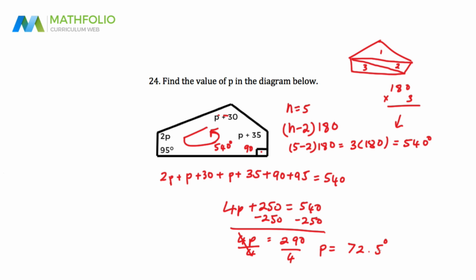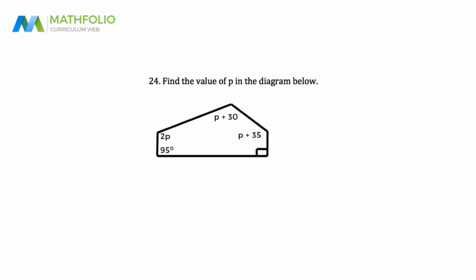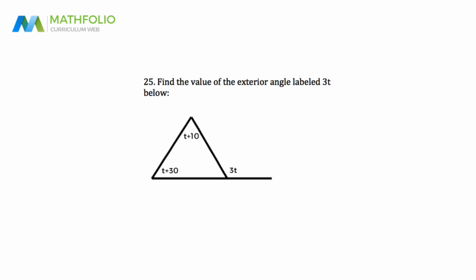degrees. And again, it's arguable whether you need the degrees. P isn't an angle on its own, so you could just leave it as 72.5. That was our answer to question 24. Okay,